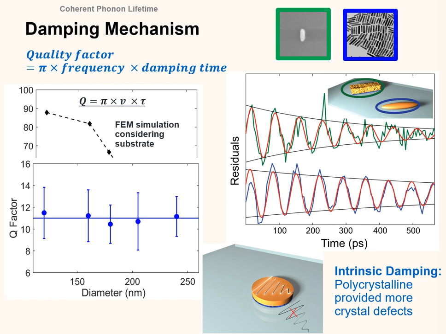So what I have done is prepare electron beam nanorods and also synthesize gold nanorods. These gold nanorods are single crystals, so they are perfect, with no crystal defects inside the nanoparticle, but the electron beam lithography prepared ones are polycrystalline. We found that their damping times are significantly different. This tells us the intrinsic damping introduced by the internal defects is the dominant effect.